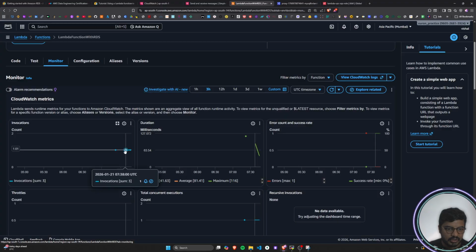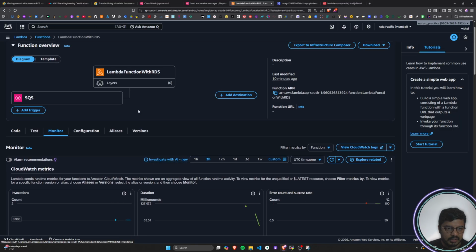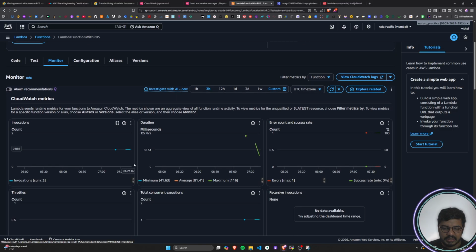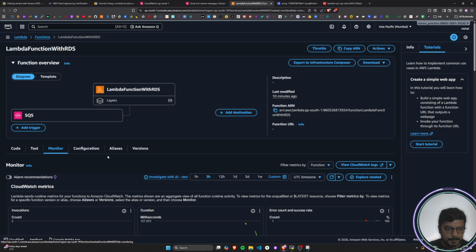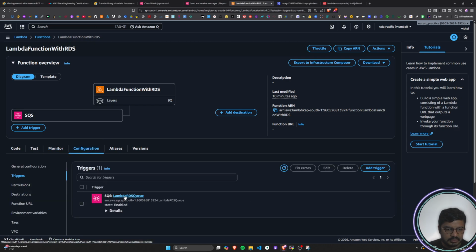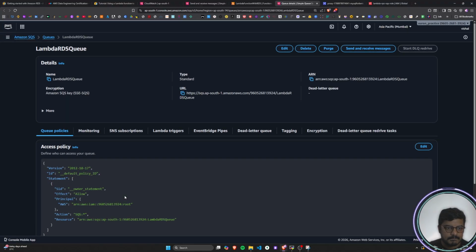Here if I even come to the monitor part, I'll be able to see the invocations. So first of all, it was invoked here, then it was invoked here, and then it was invoked here. Now let's try to do it in this way. If I go to SQS, and click on this edit,